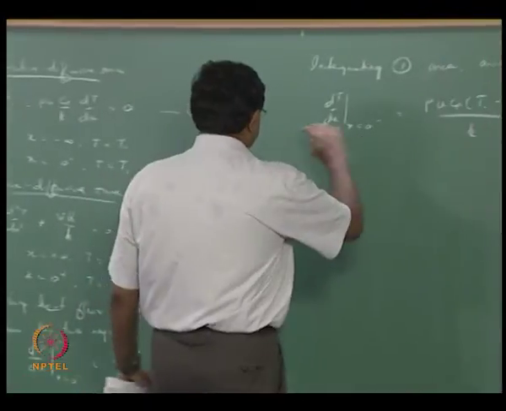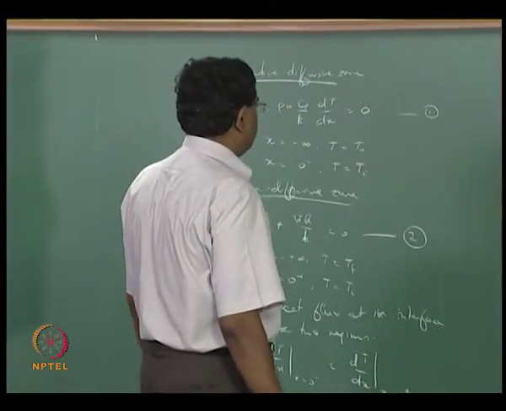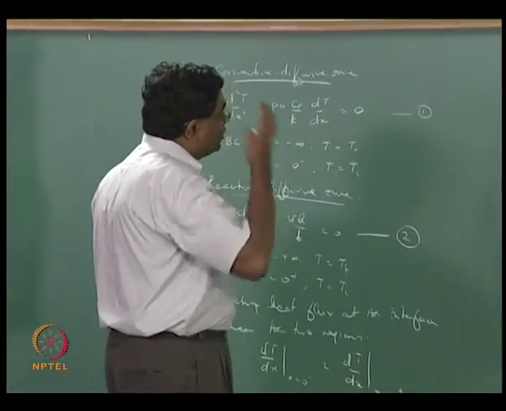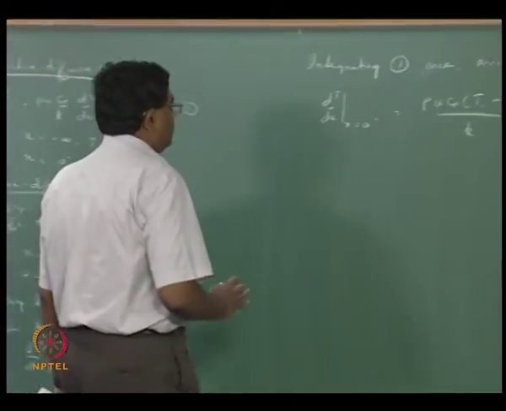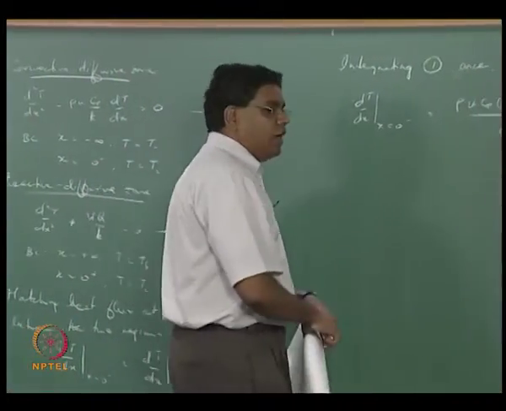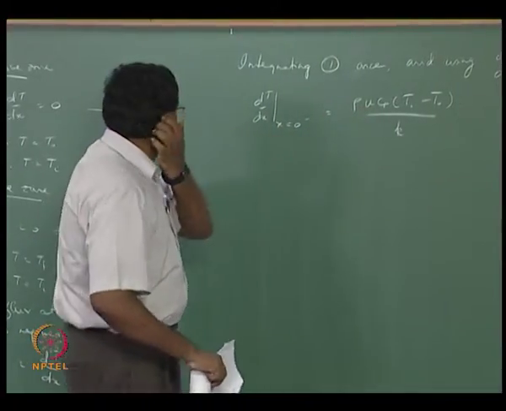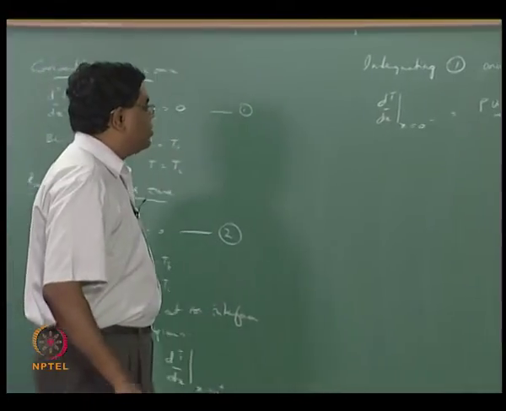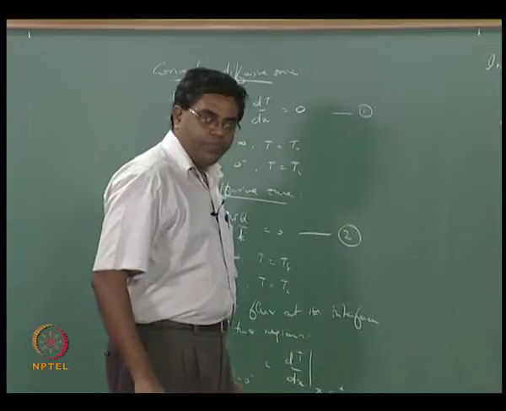So we have the slope of the temperature profile in the preheat zone leading up to the reaction zone, given by rho u Cp (Ti minus T naught) divided by K. Let us keep in mind that we are actually hunting for u. This is what we do not know, and this is what we are looking for, and we are hoping that we will be able to get this when we use the interface matching condition between